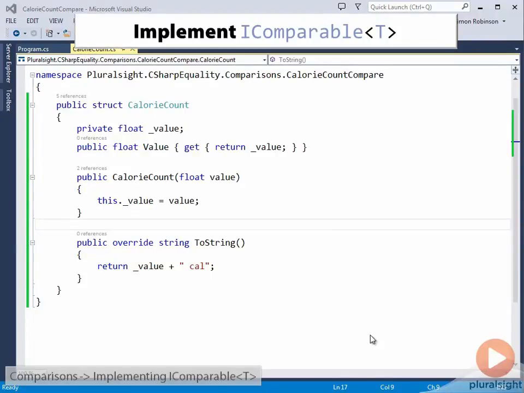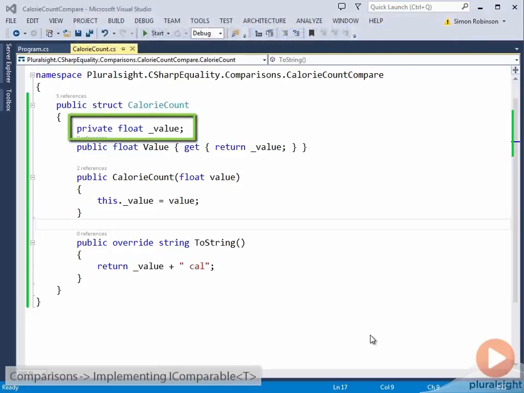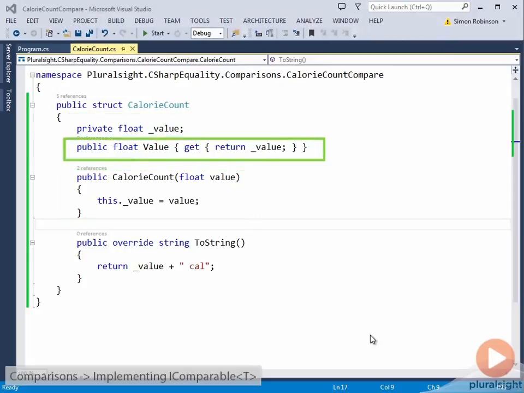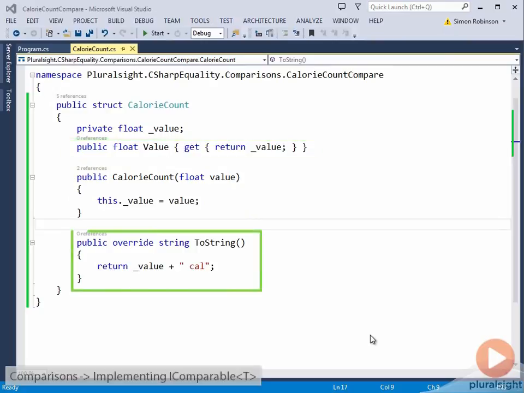So I've defined this struct called CalorieCount. It's a struct that basically stores a number of calories. It has one member, which is a floating point number called value, which contains the actual quantity of calories. And there's a constructor, a property to expose the value, and a ToString method which displays the number followed by